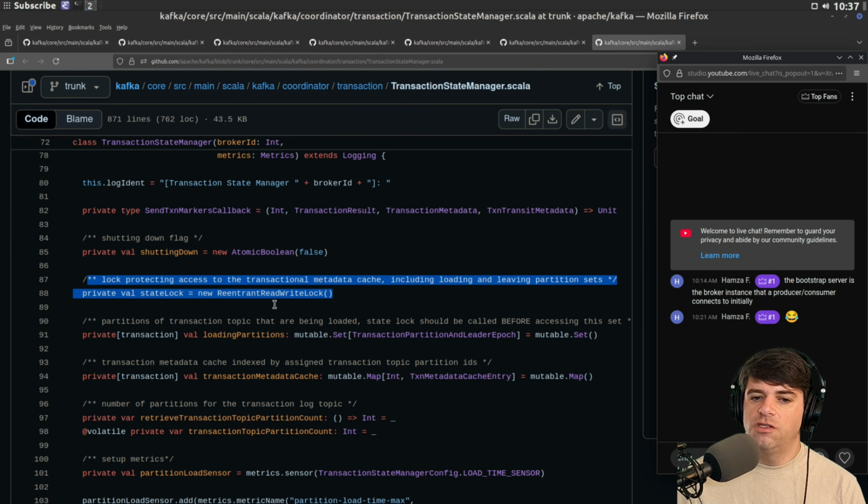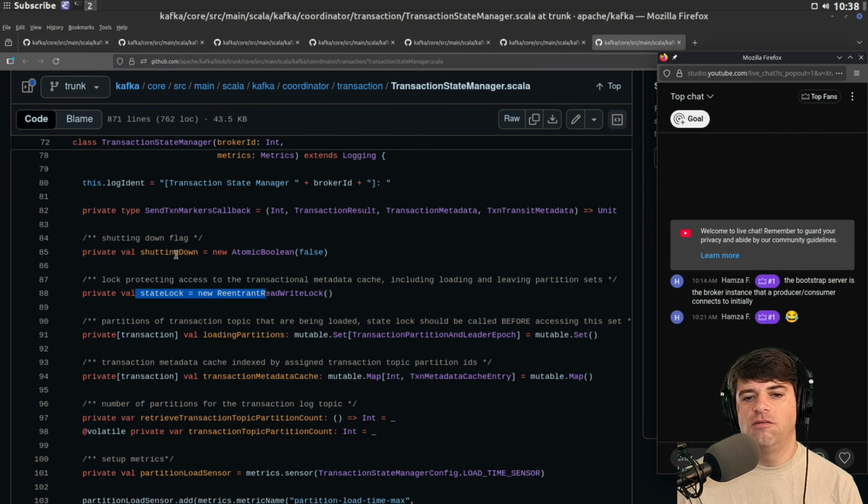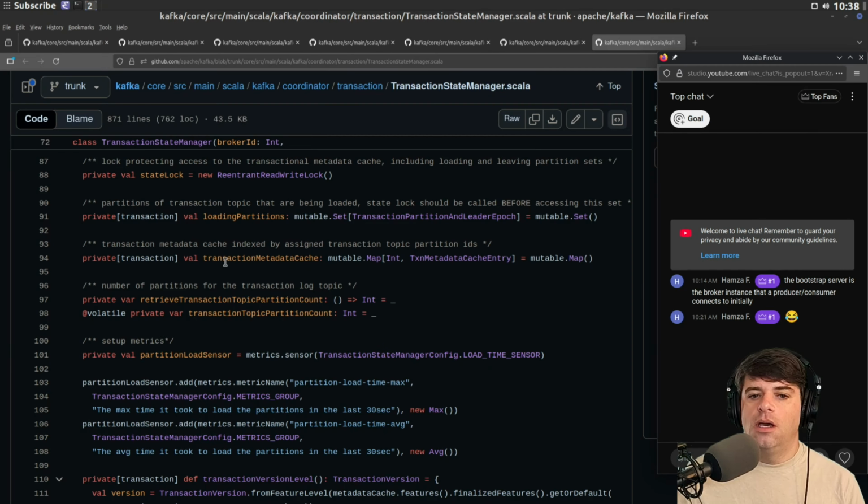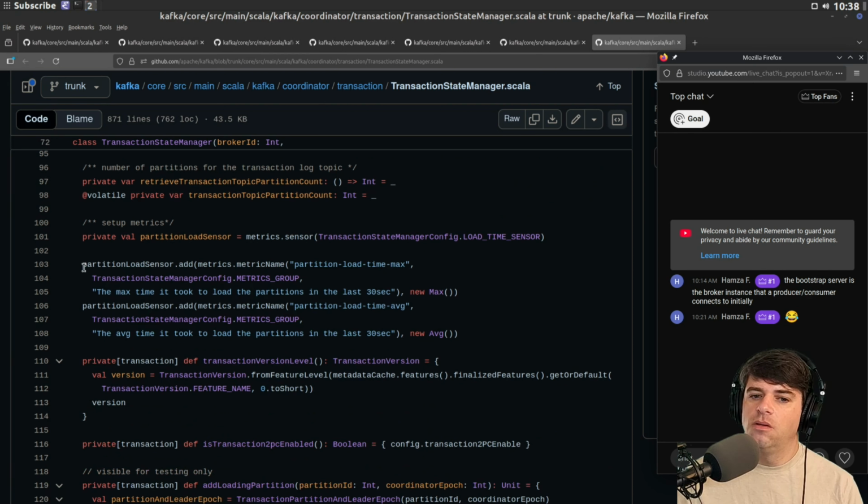So let's read some random stuff. So lock protecting access to the transactional metadata cache. So this is just declaring a lock as a new reentrant read-write lock. Shutting down is an atomic boolean. Transaction metadata cache is a mutable map. And some other stuff.